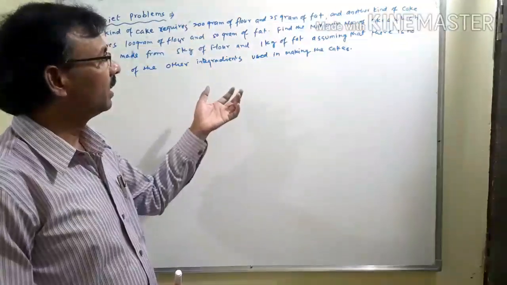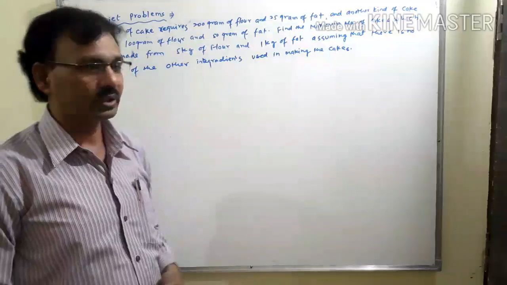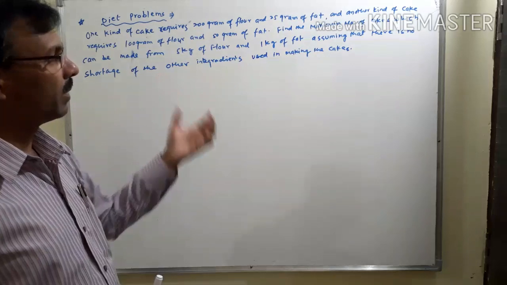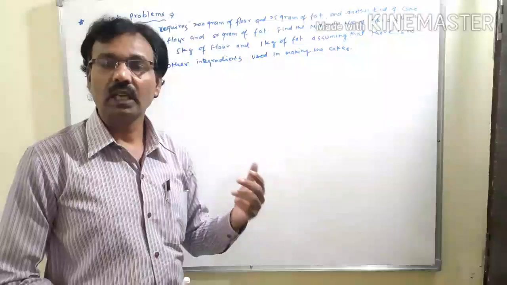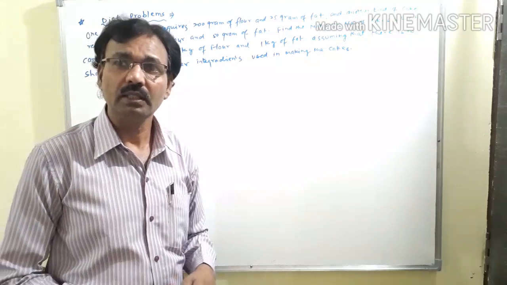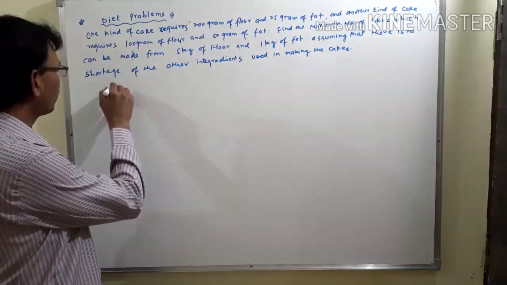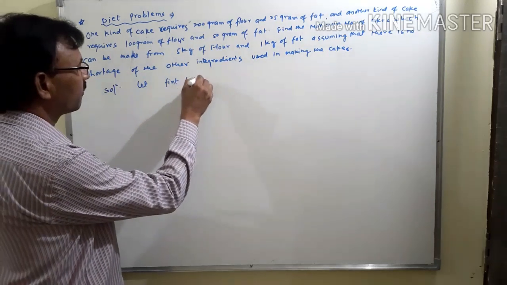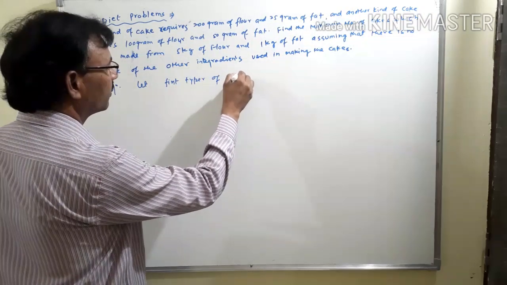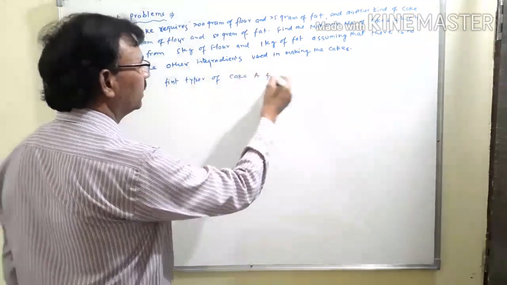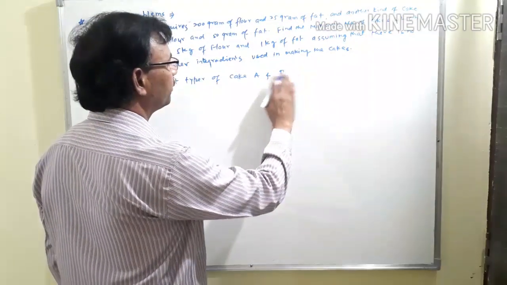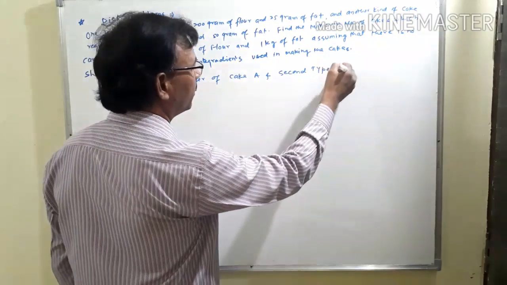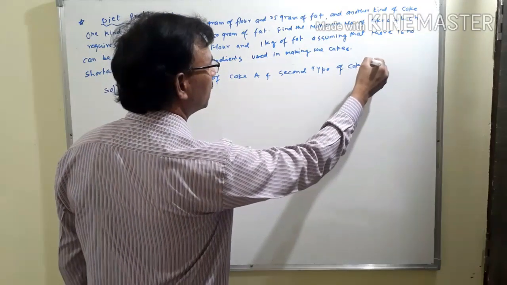Students, first we should understand what is given in this question and what is asked. In this question there are two types of cakes. Suppose the first type of cake is A and the second type of cake is B. I write here, let the first type of cake be A and the second type of cake be B,